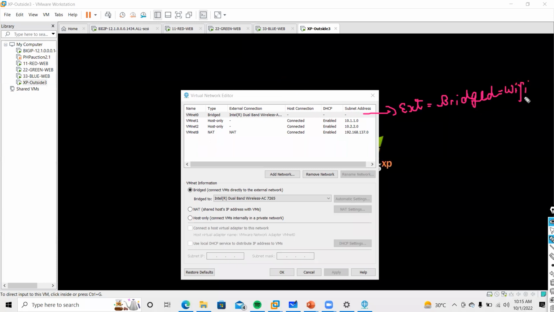Now, what we need to do, the same interfaces, guys, we need to call in our settings needs to be done on our F5, right? We need to link our F5 with these interfaces. So that is